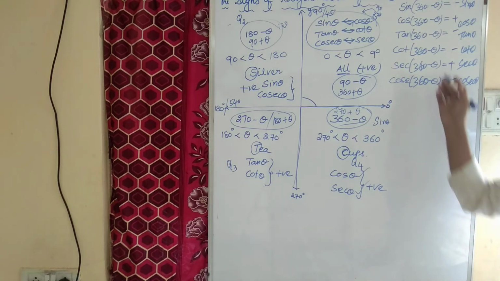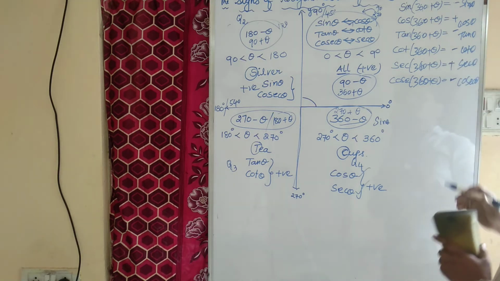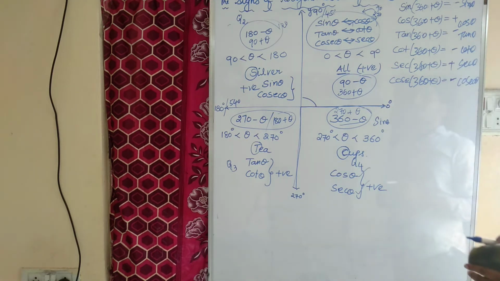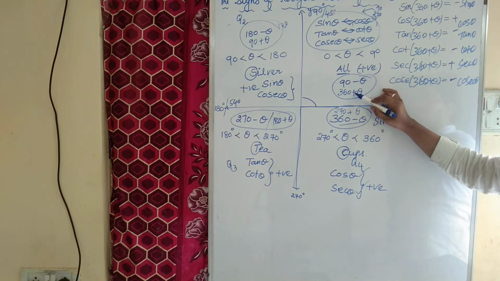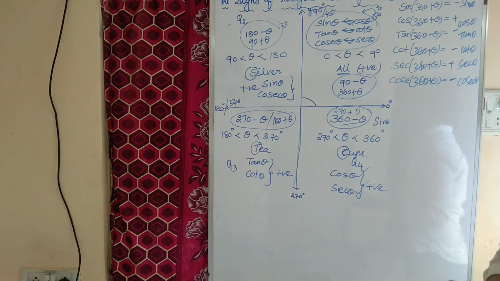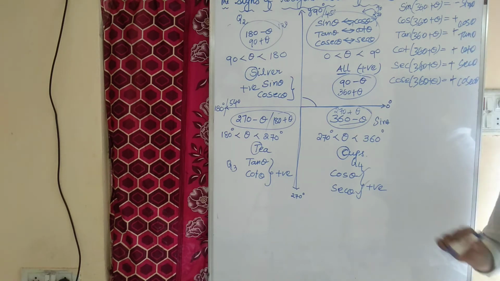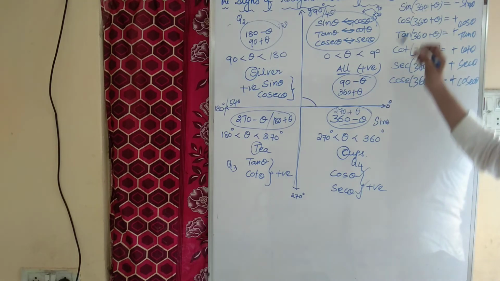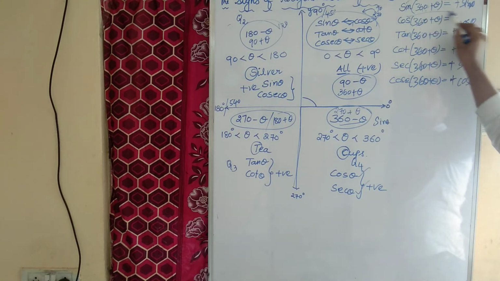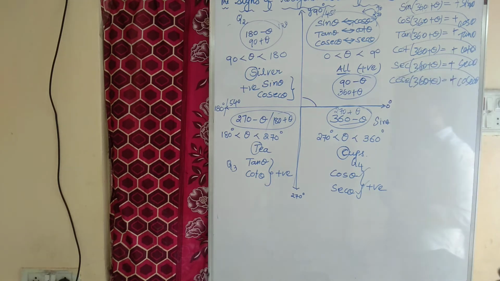Again the first quadrant, it will become 360 plus theta. So 360 plus theta, which is nothing but what, children? Again the first quadrant. In the first quadrant, all trigonometric ratios are positive only. So no doubt, all trigonometric ratios are positive. Here we have 360. If it is 360: sine only, cos only, tan only, cot only, sec only, cosec only. Right?